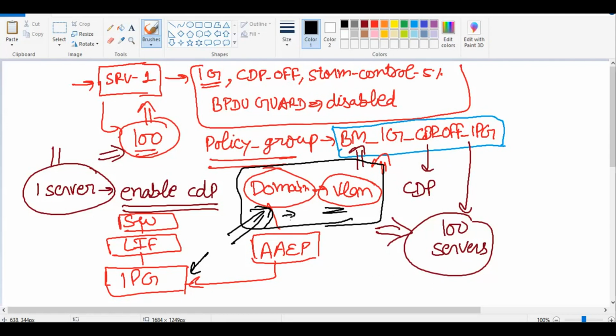What that policy does is that without removing the existing policy, it will be merged into that, and whatever new settings there are will be implemented. So there will not be any disruption. Okay, let's go back to our slide and see what options we need to apply.